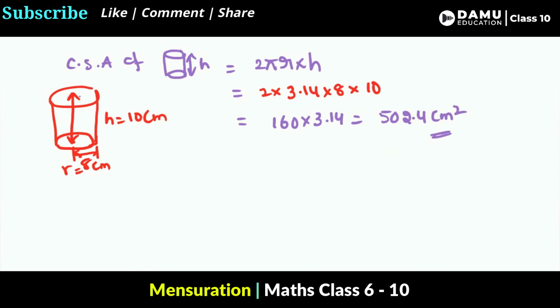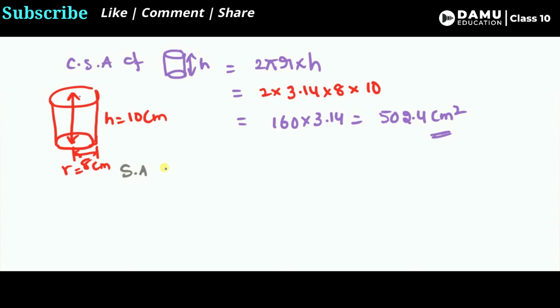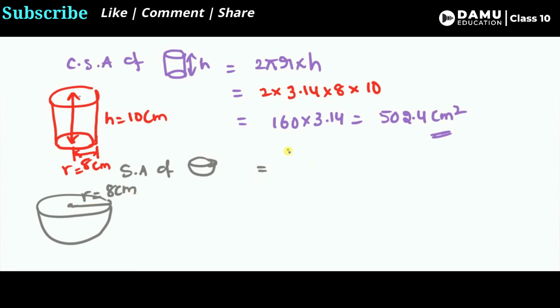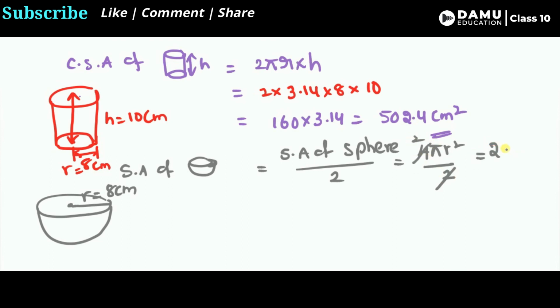Let's find out another value, that is the surface area of the hemisphere. Let's draw it here. What is the radius? It's common to all the shapes, that is 8 centimeter radius. The surface area of a hemisphere is the surface area of a sphere divided by 2. Why? Because the surface area of a sphere is 4 pi r square, divided by 2. Two ones are, then two twos are. It is half of the surface area of the sphere.